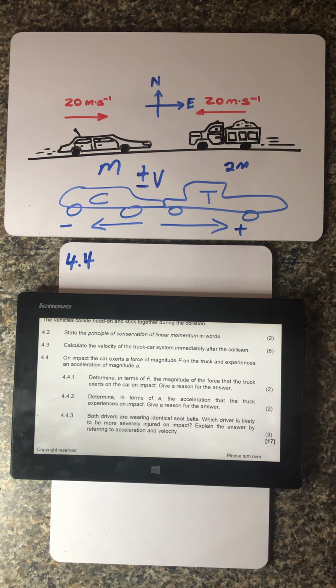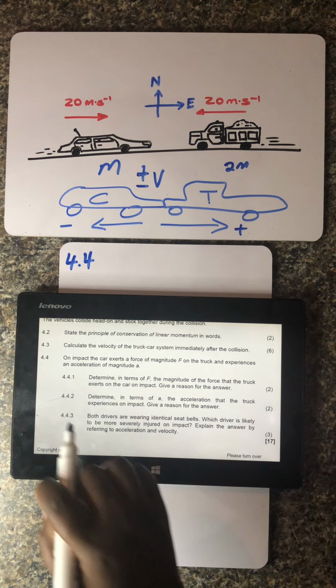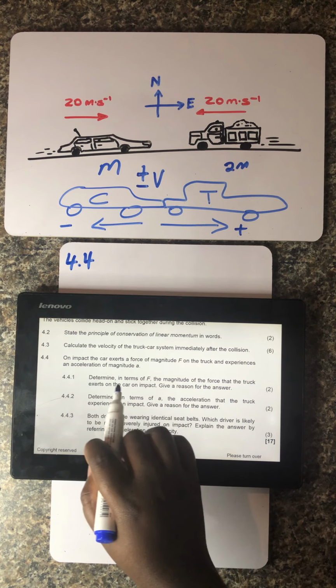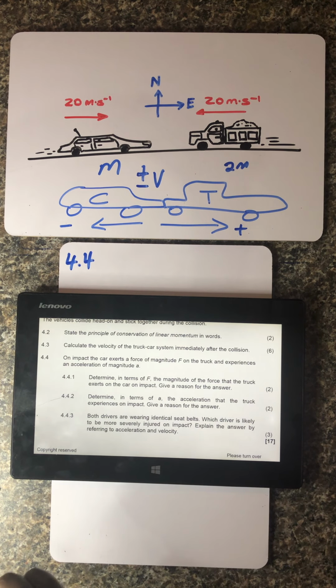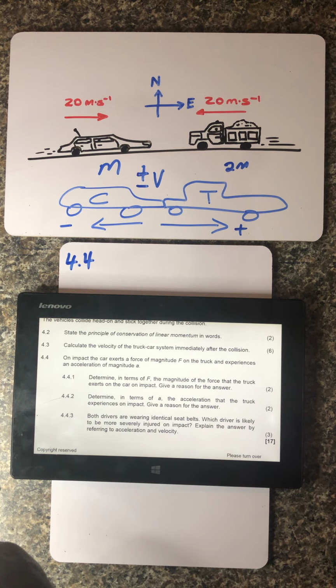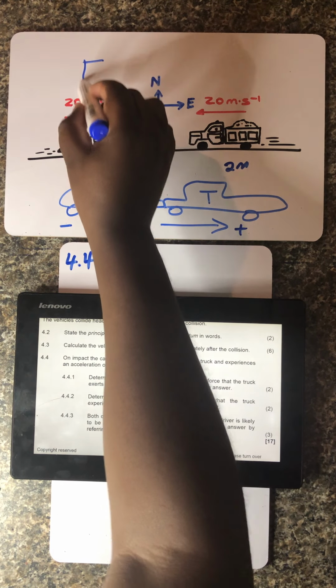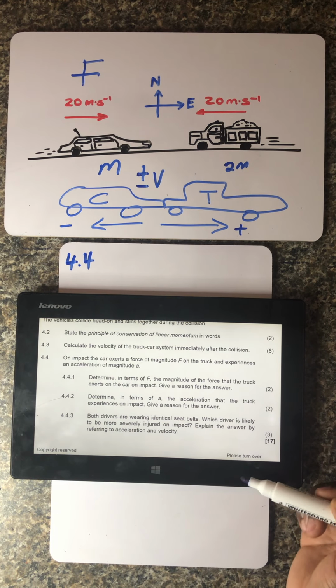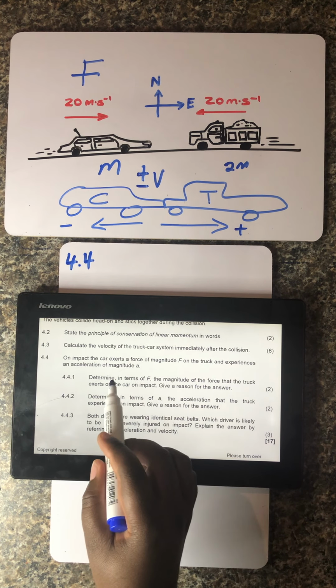Obviously you might find that upcoming questions might be based on that statement. I'll read it for the last time. On impact, the car exerts a force of magnitude F on the truck and experiences an acceleration of